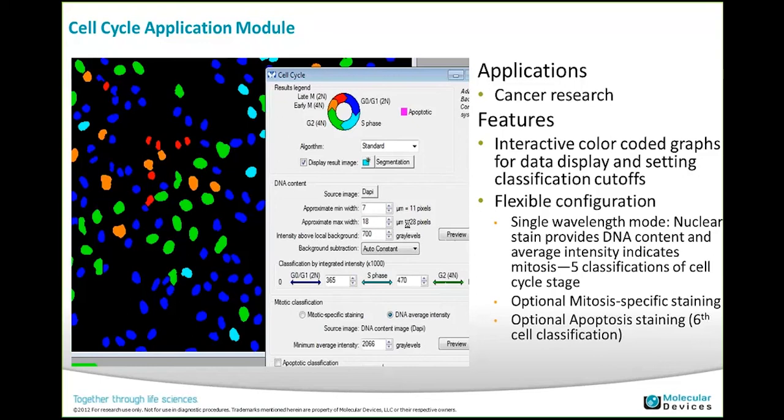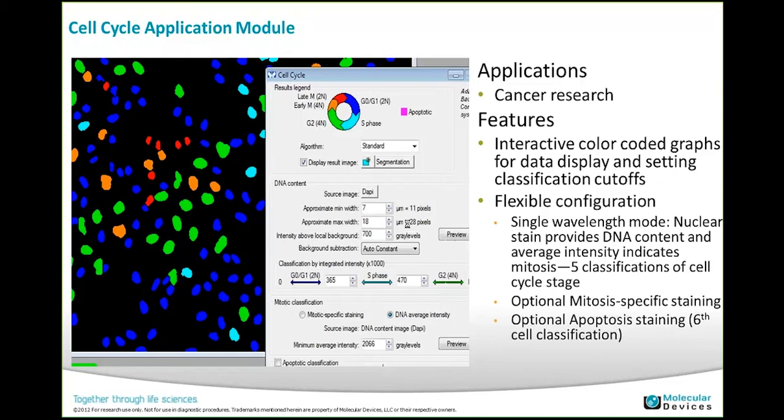So not only does MetaMorph support a large quantity of hardware, it will do the acquisition, from very simple single image acquisitions to a time-lapse acquisition to a Z-series acquisition to a multi-wavelength acquisition. Then you can use the multi-dimensional acquisition to combine all those together into an acquisition sequence, or you can use the scan slide to look at a larger field of view. And then there is a large list of analysis tools available. In essence, it is a complete package for any type of image